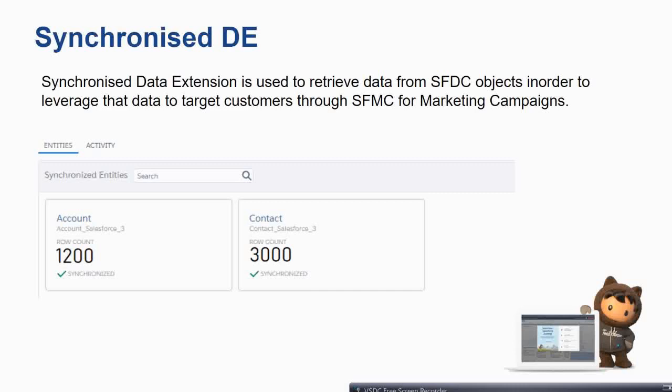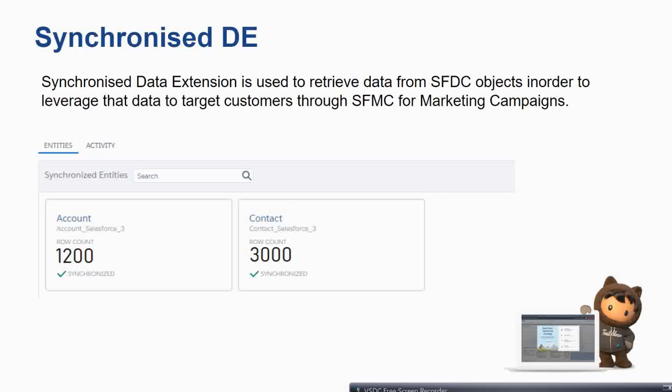And what is synchronized data extension? Now most of the time you will be working with SFDC integrated. Okay, the data will be flowing to SFDC, or the Salesforce platform, which is a kind of parent data storehouse, and almost every data first enters that platform, then comes to SFMC. Okay, so it works that way: first to Salesforce, then it comes to Marketing Cloud.